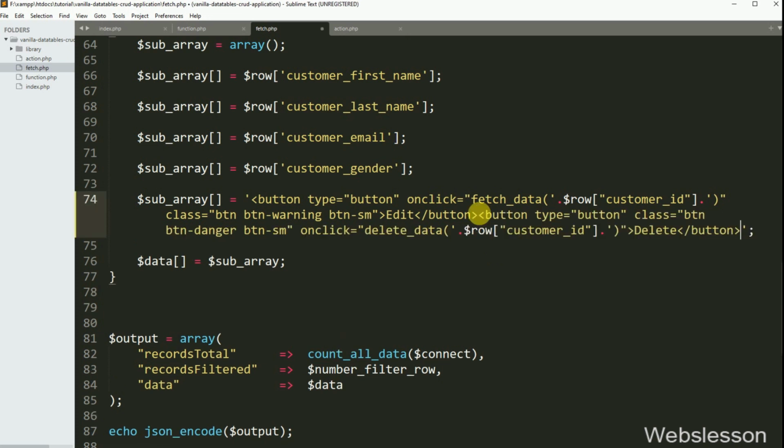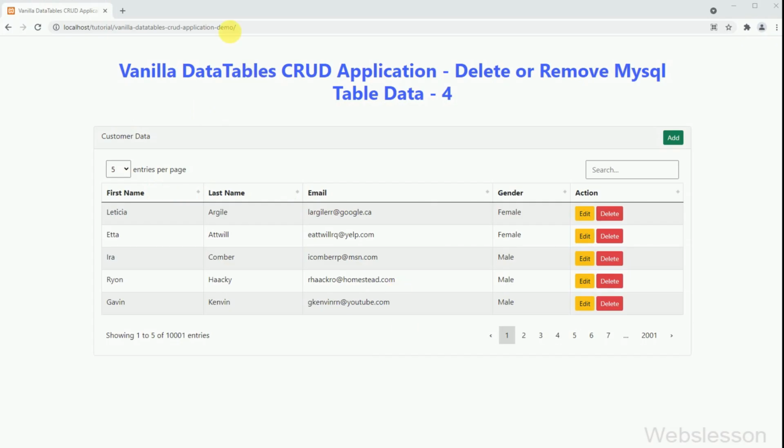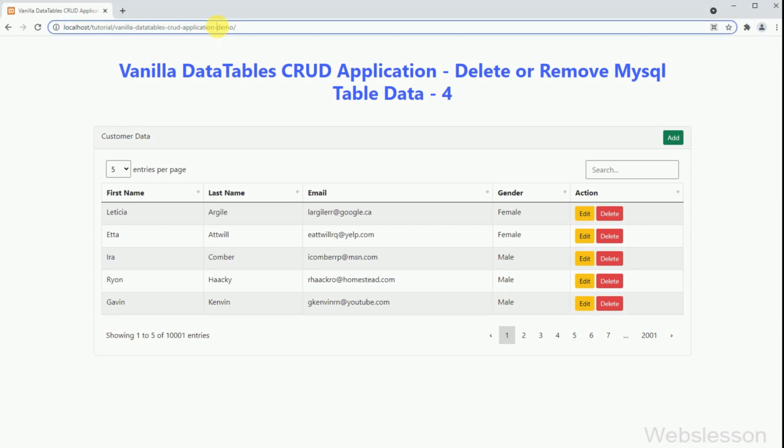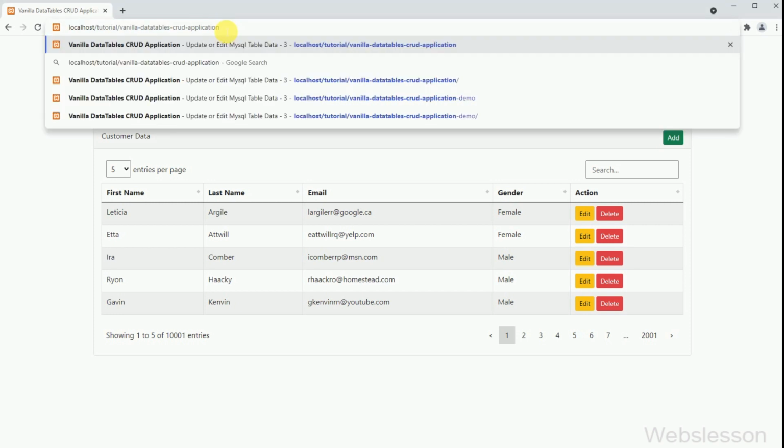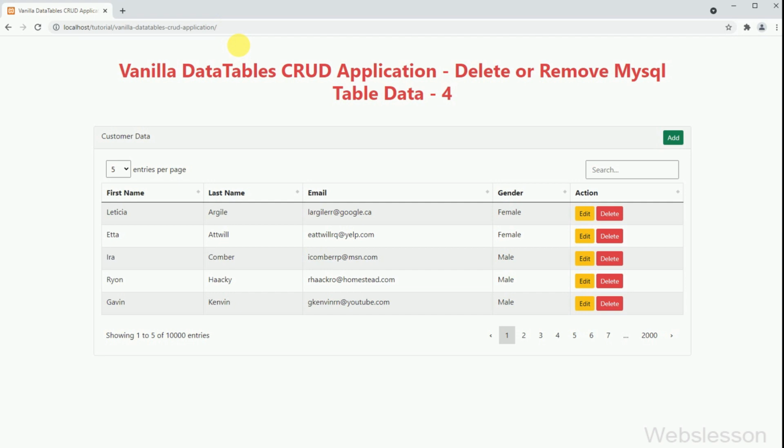Now we check the output in the browser. Friends, when the page has been loaded in the browser, we can see the customer table data has been loaded in Vanilla Data Tables, and in each row of data we can see a delete button.